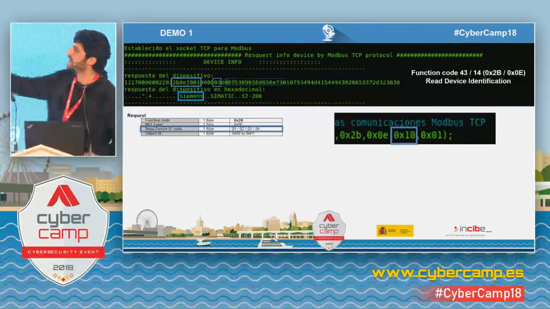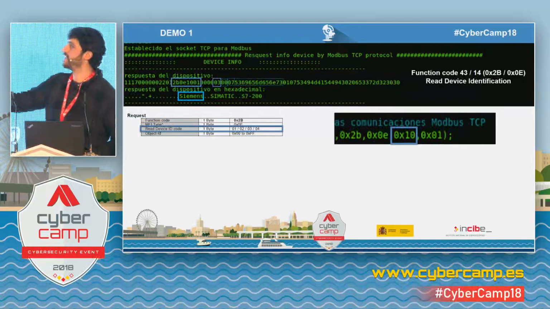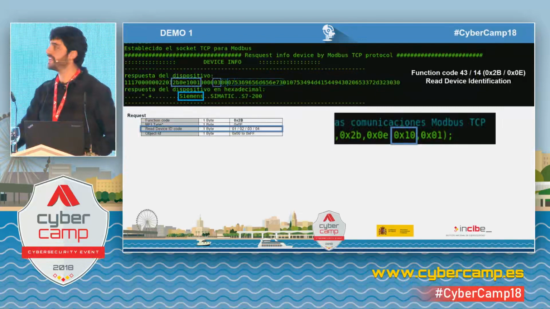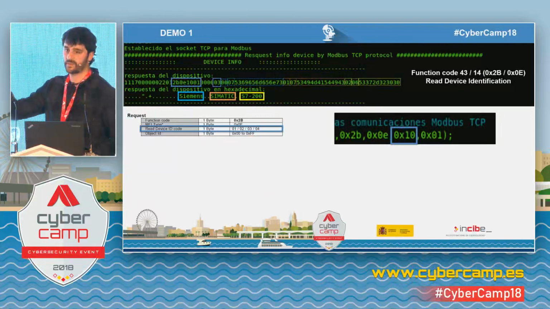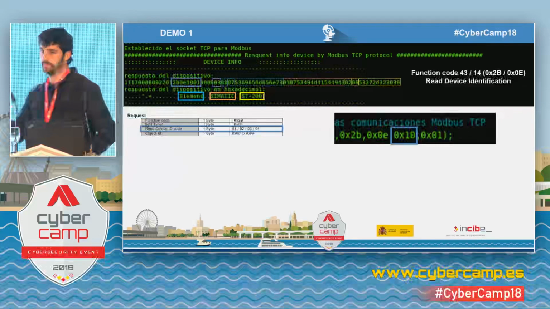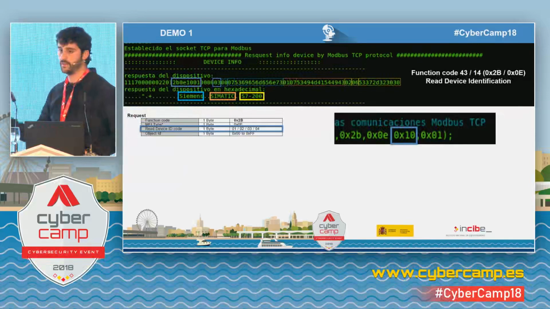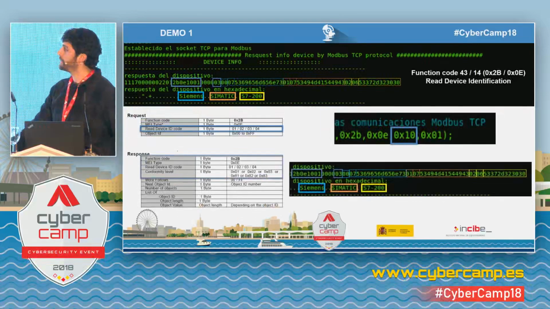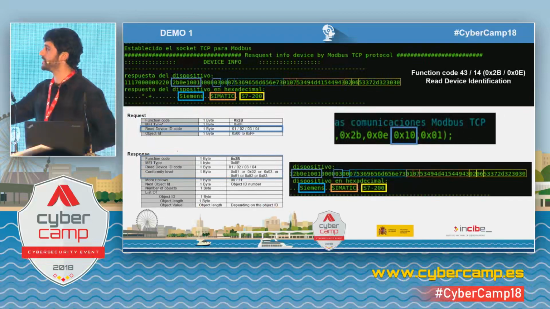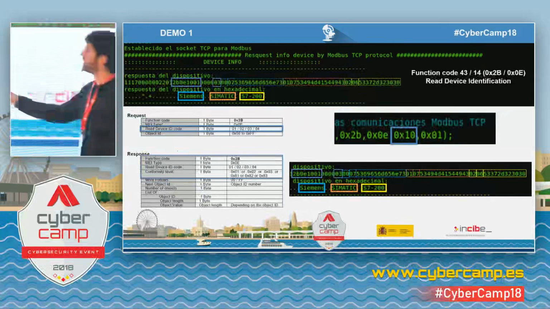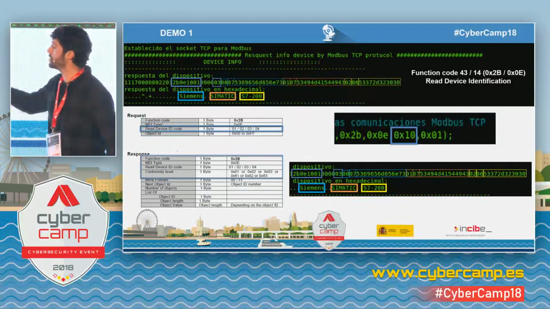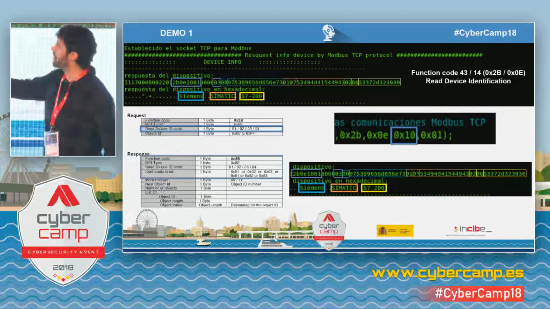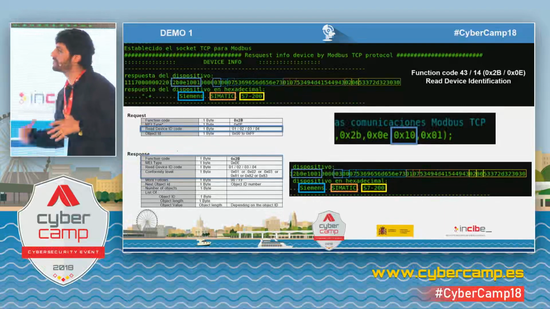I change the values, and here it's telling you the different objects there are. I have 3: Siemens, Simatic, and S7-200. I'm going very quickly over this, so I apologize. If you have any doubt, you can ask me later. This is the answer. And here you see the objects, the IDs. There are 3 objects which are mandatory. And the conformity level,